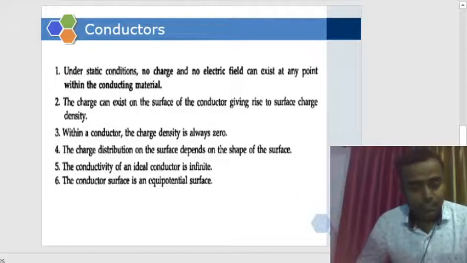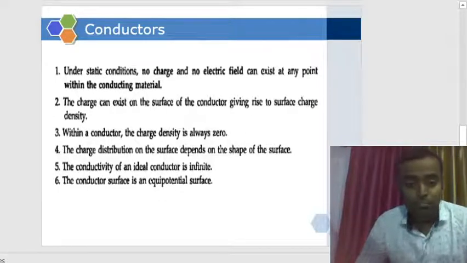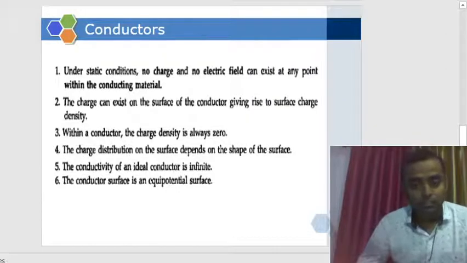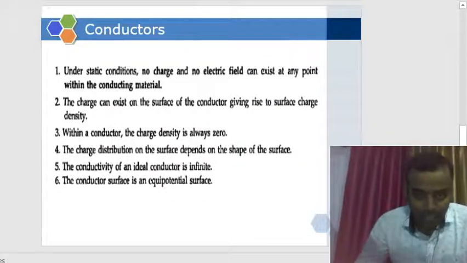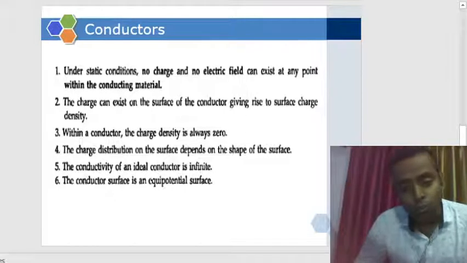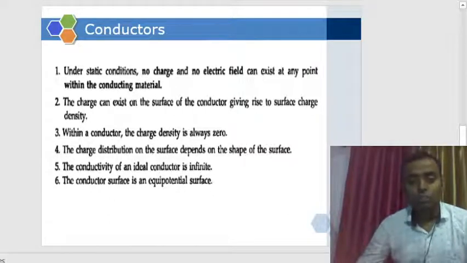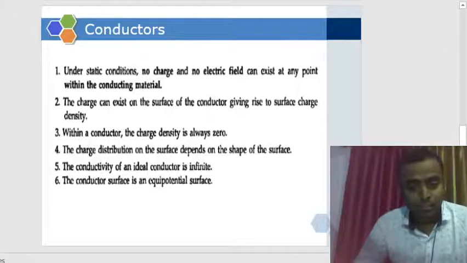इनसाइड द कंडक्टर चार्ज डेंसिटी जीरो होती है. दैट मींस सारा का सारा चार्ज कहां होता है? उसकी सरफेस पे. एक कंडक्टर की सरफेस पे ही पूरा चार्ज होता है, उसके अंदर कोई भी चार्ज नहीं होता है. Okay, so a charge can exist only at the surface of the conductor. Okay, inside the conductor the charge is always zero. Okay, no charge. So again the charge distribution depends on the surface, the shape of the surface.